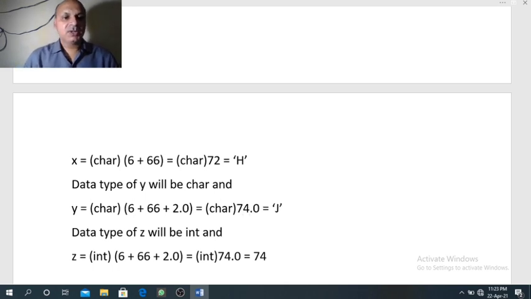So 74.0 when converted into equivalent character, so you can find 65 plus 9, that is 74.